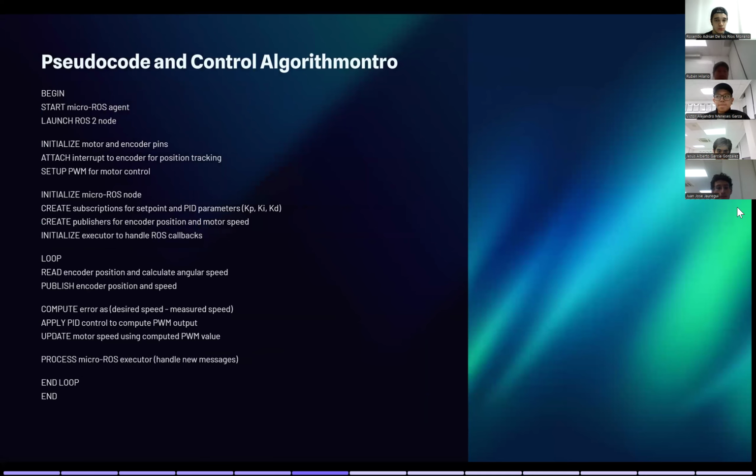The way the system works is that we start the micro-ROS agent to initialize the connection with the microcontroller. We launch the ROS2 node to generate the setpoints with different types of signals. Then in the ESP32, it initializes the motor and encoder pins with touch interrupt on the encoder for position tracking to calculate the angular speed. We set up the PWM for motor control, and then it initializes the micro-ROS2 node. It creates subscriptions for the setpoints and the publishers, and then it initializes the executor to handle all